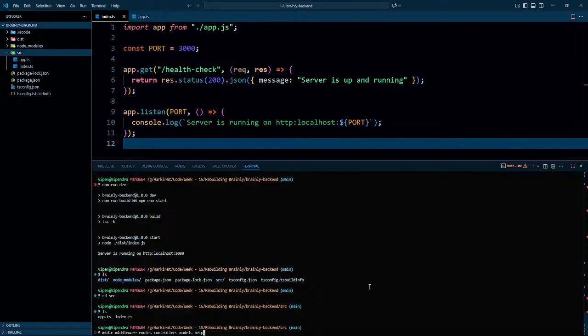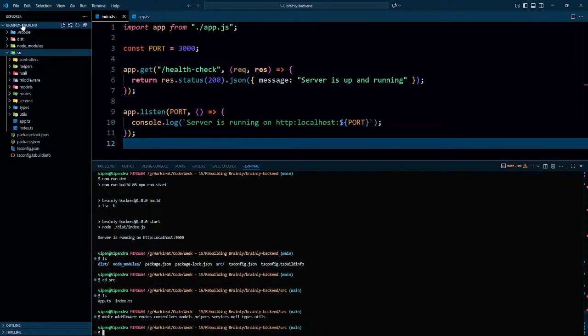Then I need to create helper functions. So helpers. I need to create some of the services. So there are gonna be services. I will have services, helper, mail related things I'll have to create, and then this thing is done. I will have to create types. I will have to create utils. Okay, these many things should be enough. So these are the directories that we have created just in one go.